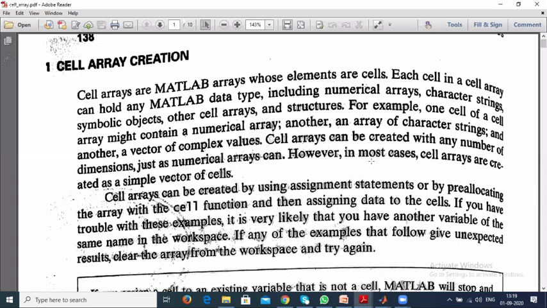One cell array might contain a numerical array, another an array of character strings, another a complex vector. Cell arrays can be created with a number of dimensions, just like numerical arrays. In most cases, cell arrays are created as a simple vector of cells.